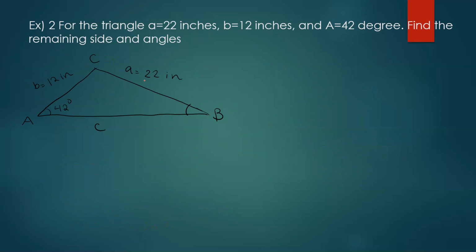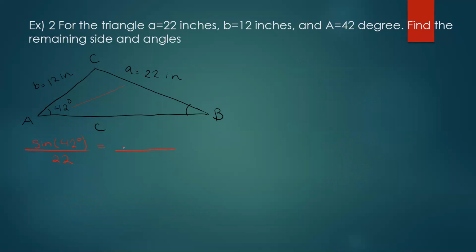I can't find angle C or B because I need at least two angles, right? So let's see here. There are several ways you could do this. Maybe I could do sine of 42 degrees, and that goes with leg A, right? 42 goes with A. That's going to be 22 equals, and then